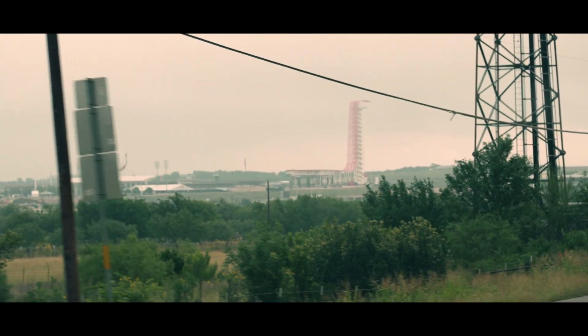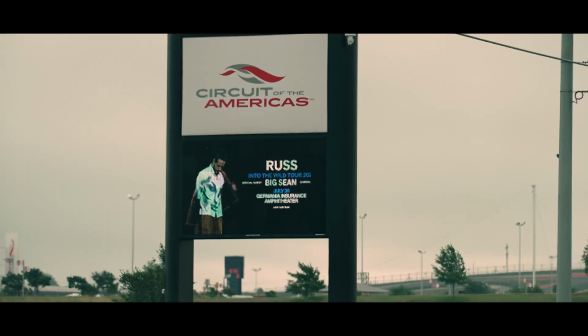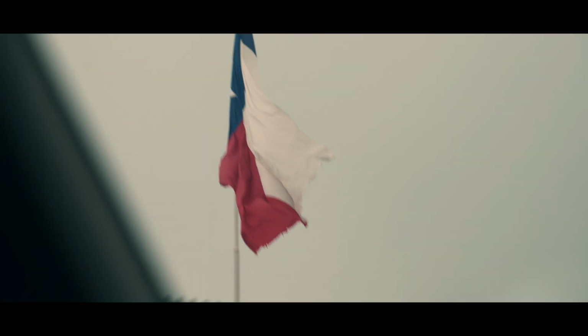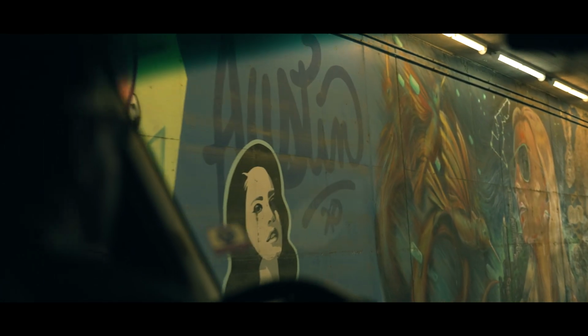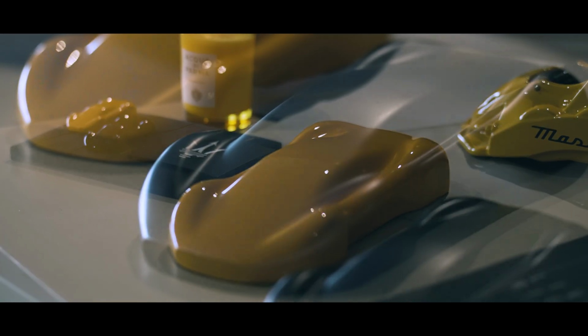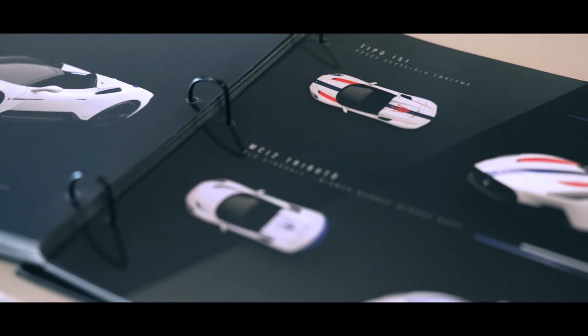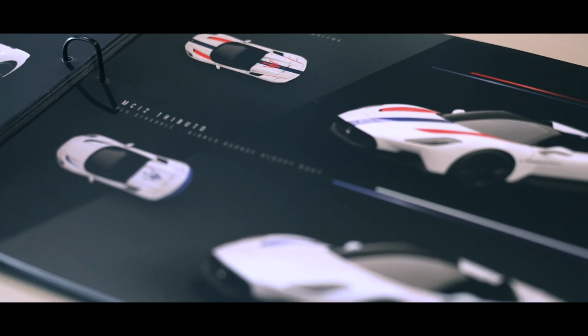Welcome to Circuit of the Americas, a 3.4-mile track just outside Austin, Texas, and home to legendary Formula One. Today, we're testing a brand new car, a car supposedly designed to bring motorsport onto the street. Based off Maserati's GT2, the GT2 Stradale is going to be the most track-focused version of the MC20 platform we've